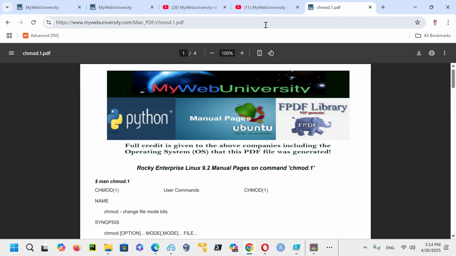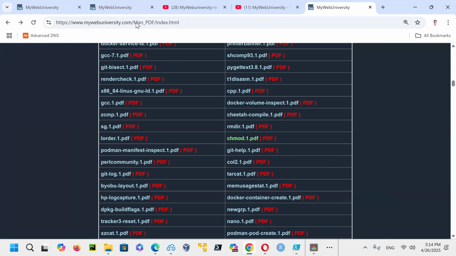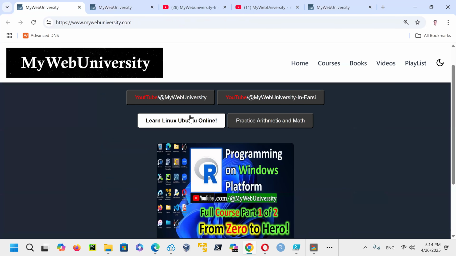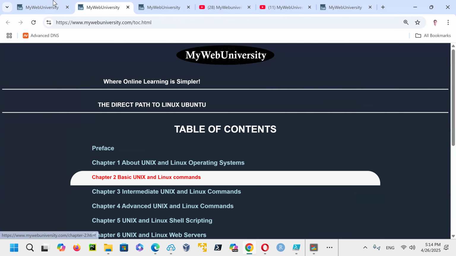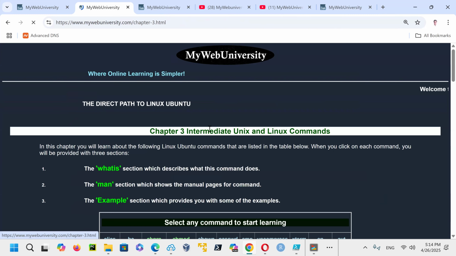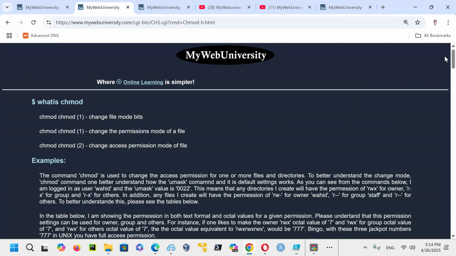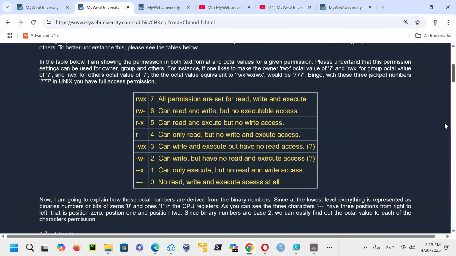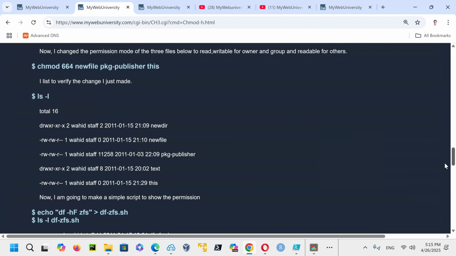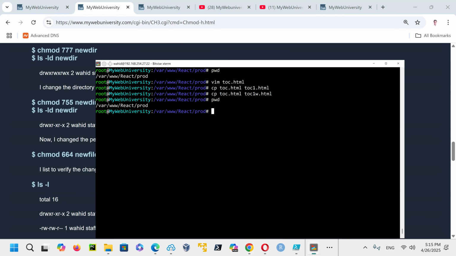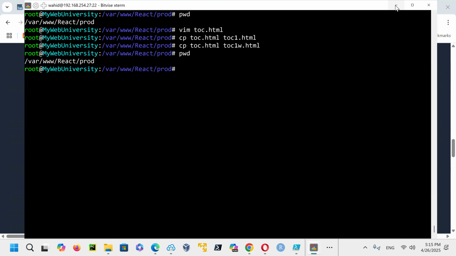At the same time, if you go back here on my website, on chapter, let's say chapter 3, like I showed you for the change mode, I also gave you a lot of documents like a book here. You could just read it and convert it, all of these ones. Once you understand it, then learn it and come on the Linux command and do that change mode that I just showed you here.